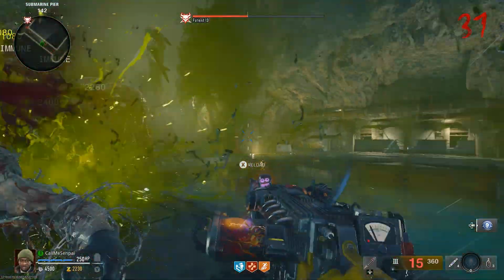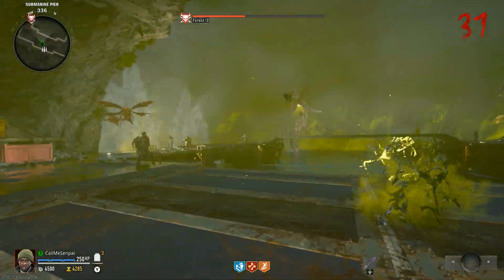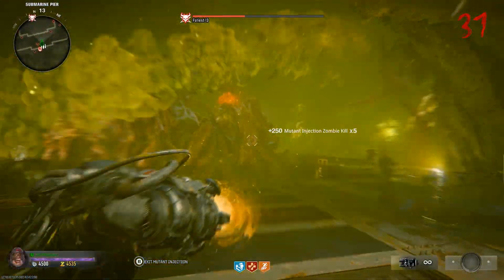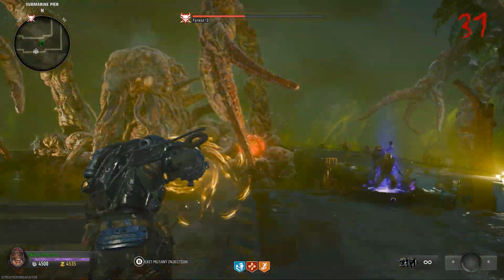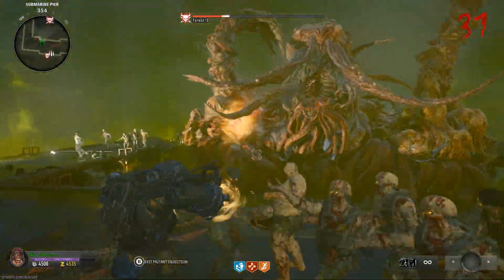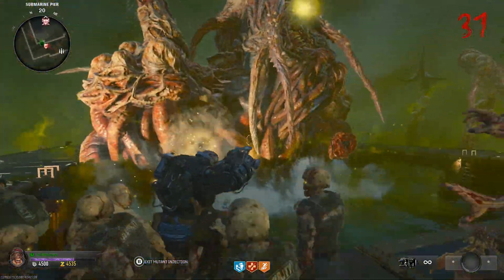I like bringing the mutant injection. This deals a ton of damage to him. As you guys can see, I'm laying in 67,000 damage into this guy. So just keep laying those into him, and then after a while, he will disappear for about another 2 minutes. Nothing wrong with that. All you're going to have to do is survive the horde, and when he does come back,